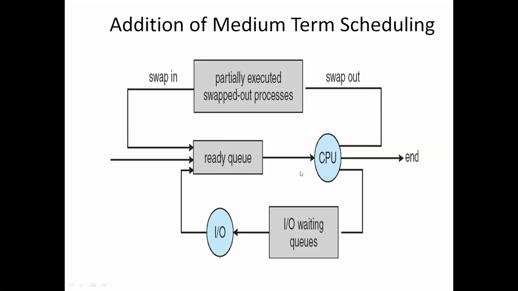Moving a process from the ready queue to the CPU is done by the short-term scheduler, which is nothing but the CPU scheduler. Then we have the medium-term scheduler, which removes a process that is already in the main memory. An executing process can be swapped out and swapped in using medium-term scheduling. That reduces the degree of multi-programming, and it especially comes into play with multi-programming.